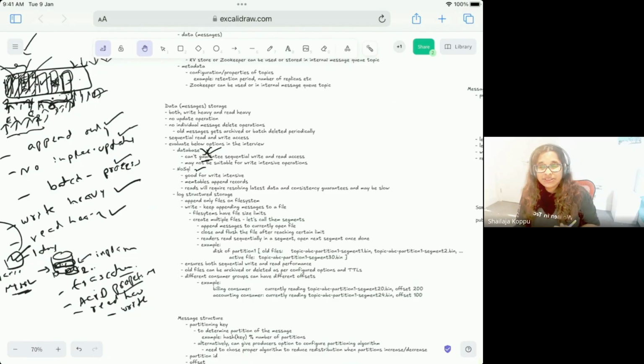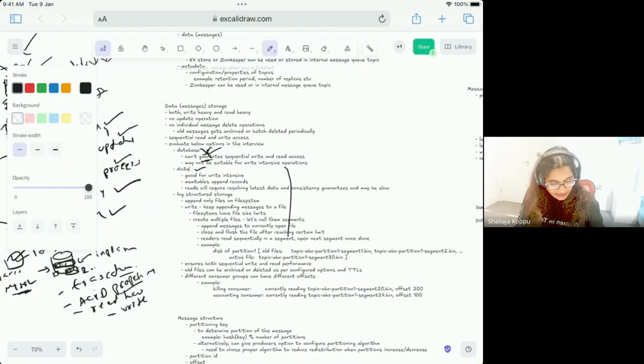But in the system design interview, when you say you are choosing NoSQL, immediately the interviewer is going to ask you why are you choosing it, what are the trade-offs, etc. So you should be able to explain why you are choosing NoSQL or why you are not choosing NoSQL. But in our case, we are having a better option.